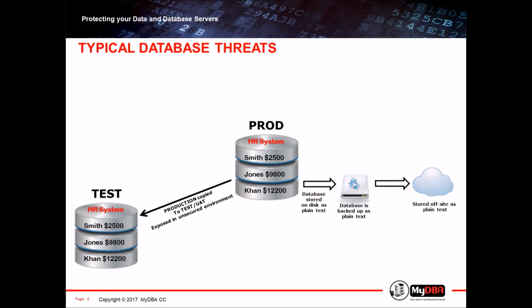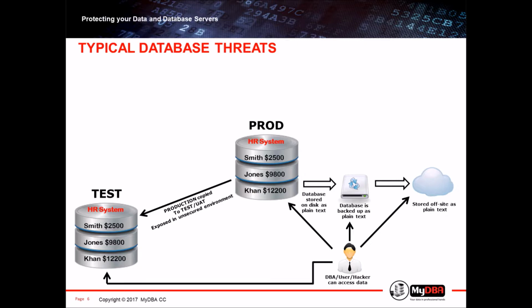A common practice within organizations is to copy production databases into a test or UAT environment, which means sensitive data is taken from a secured environment to an unsecured environment. Anybody can access the data undetected where the database resides, where the database is backed up, and of course where it is kept at the offline storage facility. Anybody can view sensitive data in a test or UAT environment, as these environments typically have no security at all and passwords are generally soft and widely known.